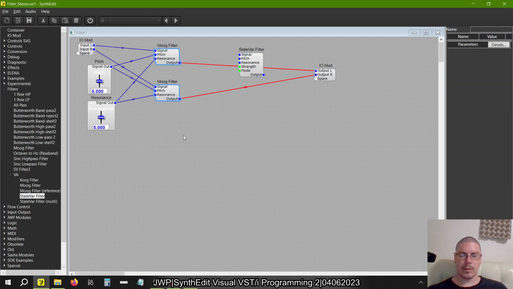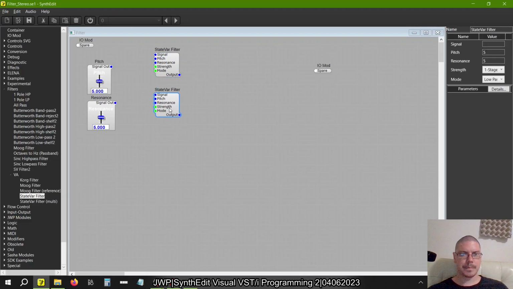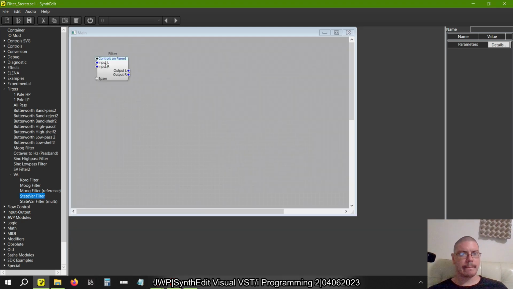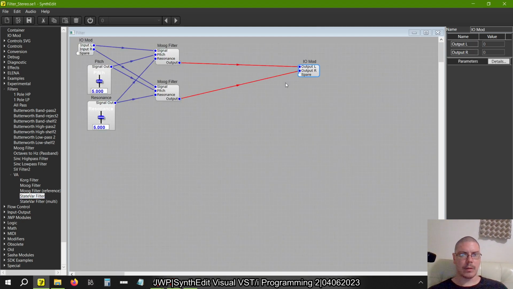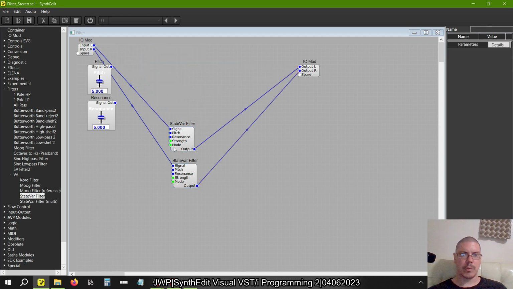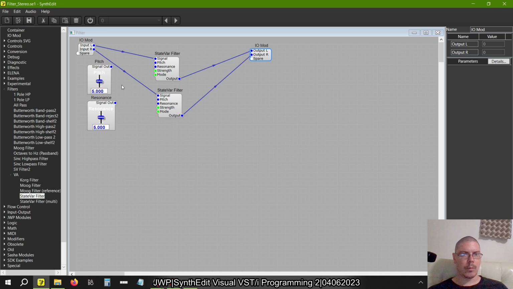So let's get rid of these Moog filters, and we're going to double to make a stereo effect here. So I'm going to copy and paste. We're going to have filter in. Rather, I'm just going to quickly reset so I don't have to do a bunch of renaming here. So we're going to go back to this, and instead of pulling the pins, I'm actually going to keep them there until I can get these SV filters plugged in, just so I don't have to go through the time of naming the outputs. So now that they're connected, I can delete these ones, and the names will stay. Move this up, move this up, and we'll connect pitch to pitch